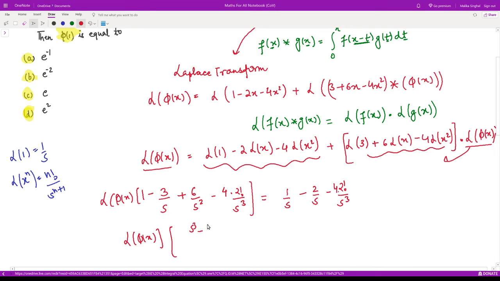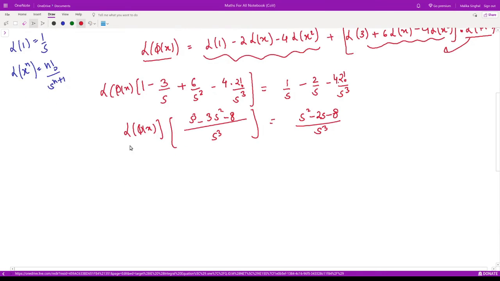s cube minus 3 s square minus 8 divided by s cube, and here we would have s square minus 2s minus 8 divided by s cube, right? So what would be phi of x? Laplace of phi of x would be equal to, this term cancels with this, so we are remaining with s square minus 2s minus 8 divided by s cube minus 3s square minus 8, and we can write the denominator